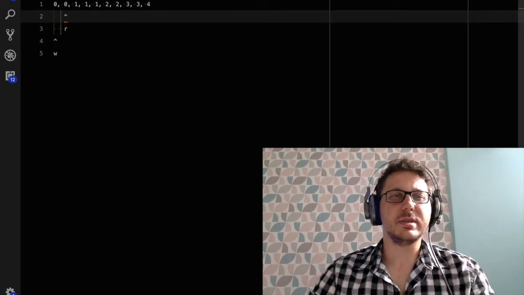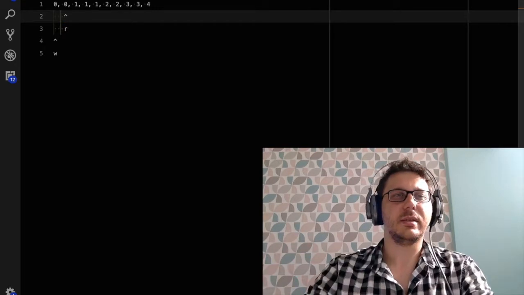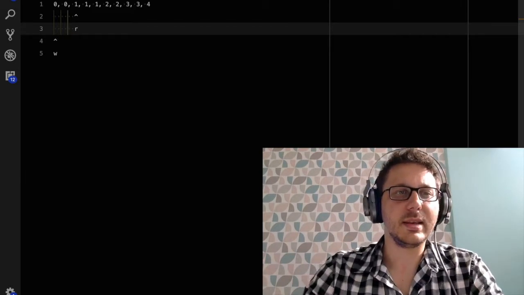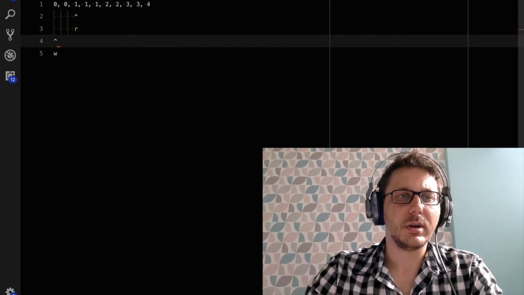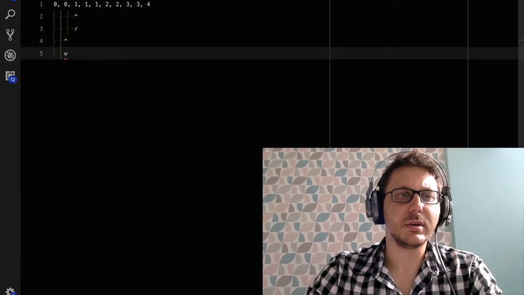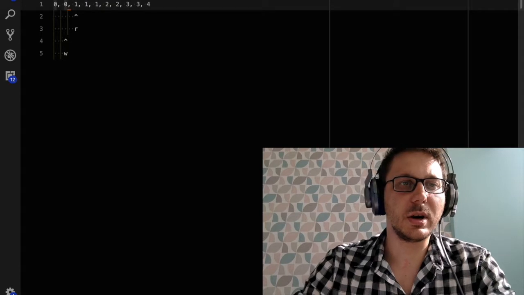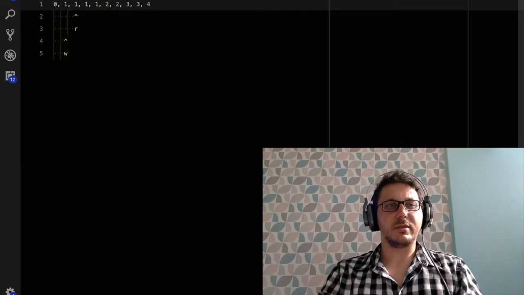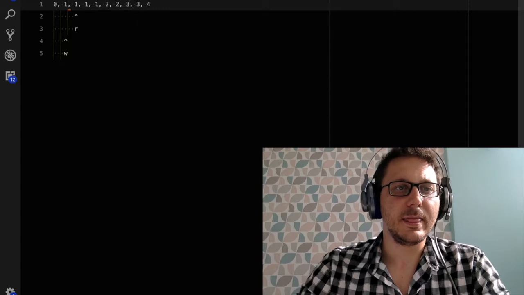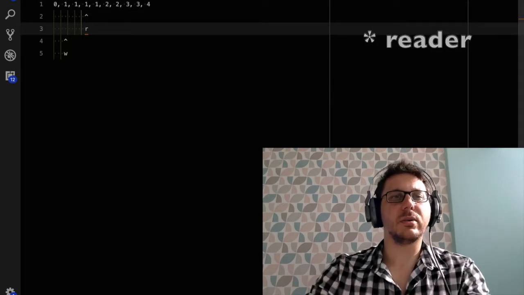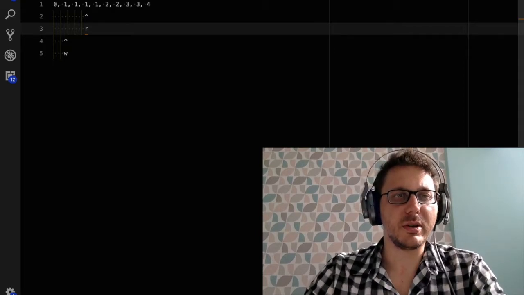So now we see that they're equal once again, and we do the same thing. Now we see that they're not equal. So in this case we move writer first, then we put that element which reader tells us, in this case it's 1, on this writer's place, and advance reader further. Alright, so if we do this over and over again,